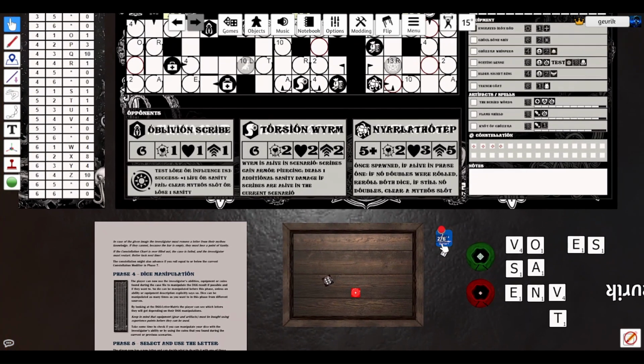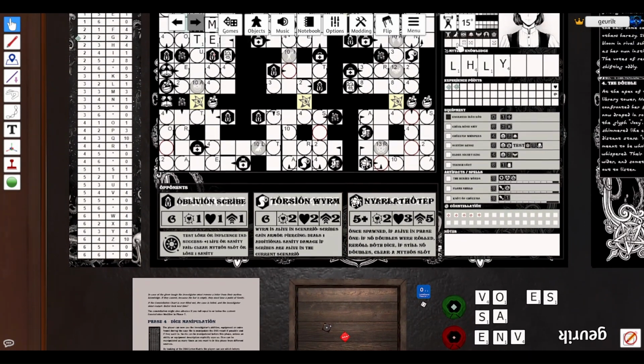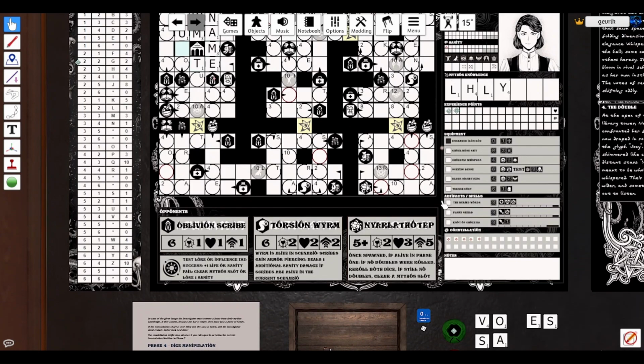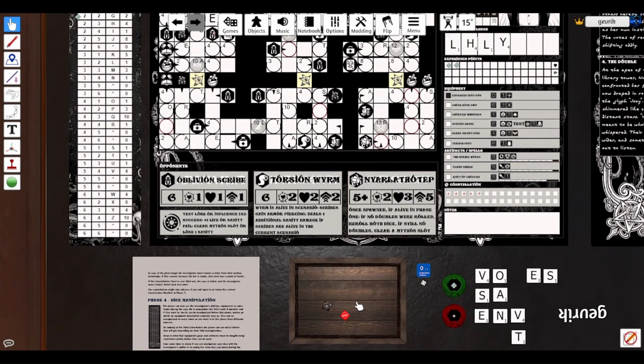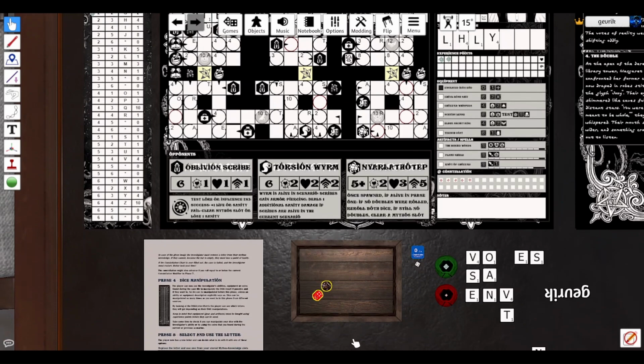Oh, and we failed, so it goes back to 0, but the constellation advances by 1, and we have to test for, with a 4 plus 5 is 9, so we have passed, which means we heal 1 point of sanity. Next turn,